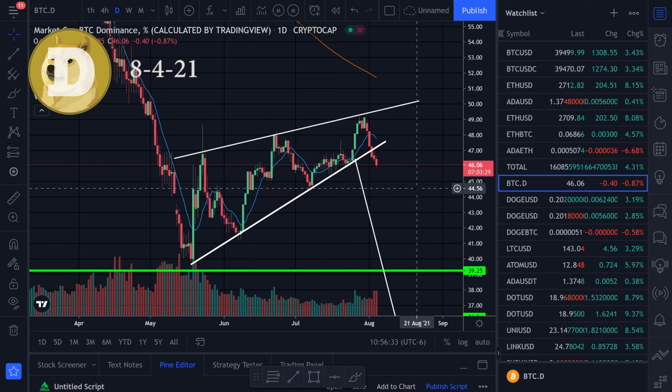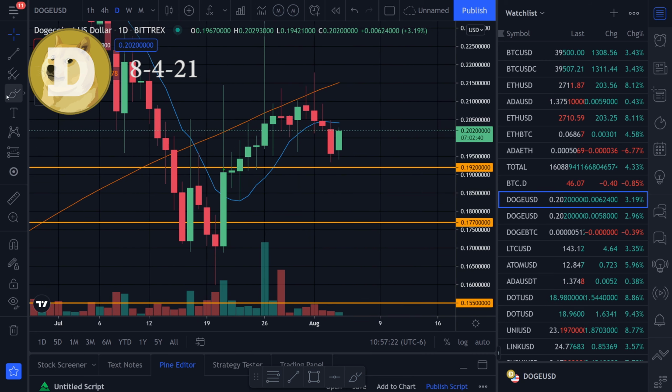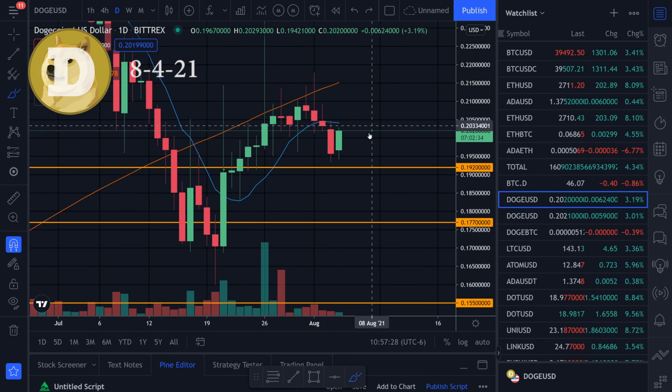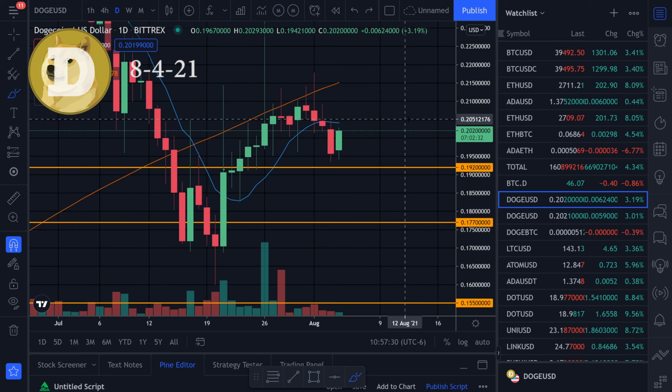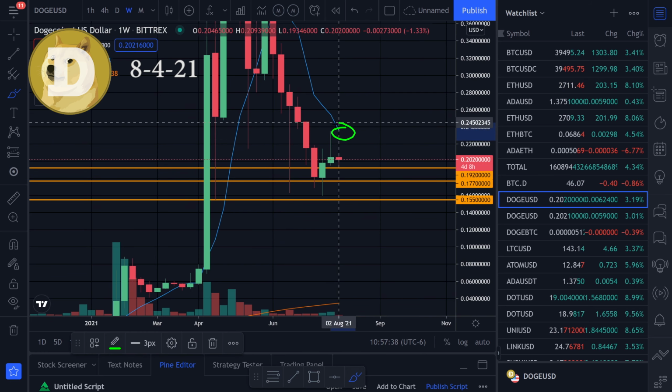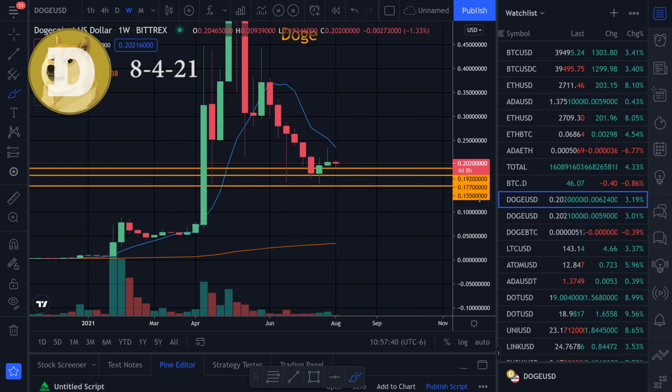So what I'm going to be watching is the daily time frame and this 9 moving average right here. This is going to be the first sign. If we could break that to the upside, then that's the first sign of bullishness. And then the next one would be the weekly 9 moving average, and this is sitting at around 0.235, somewhere around there. Those are the ones that I'm watching, and until we break those,